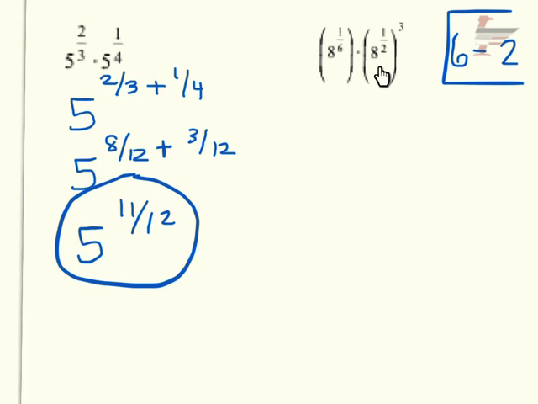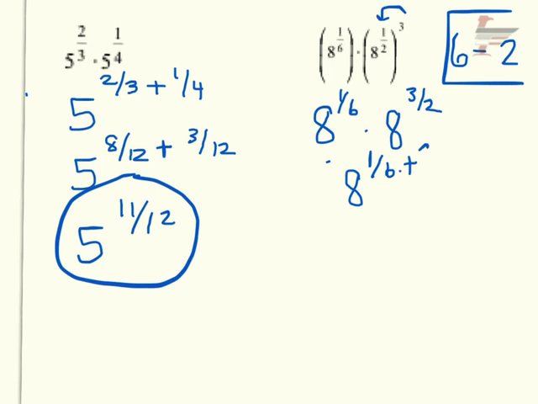The second one, you have like bases. You could add the exponents, but this one has a power on a power, so you have to take care of that first as order of operations. So when you have a power on a power, remember you multiply the exponents, so 3 times a half would be 3/2. And then again, you have like bases, so that stays the same, and